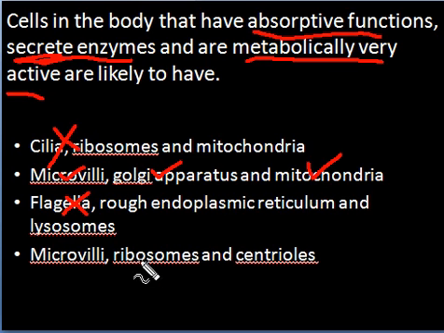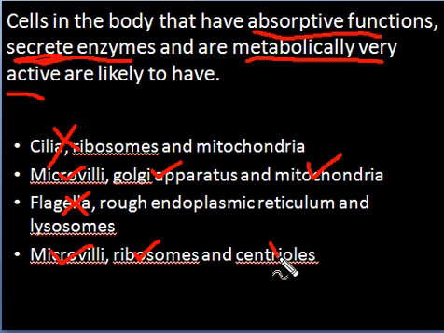But let's also look at the next part where the first one is right. Yes, microvilli. Microvilli are responsible for absorptive functions. Secrete enzymes. Enzymes are proteins. So you could be thinking proteins or ribosomes are needed. So let's say we kind of say yes to this too. But metabolically active cells,